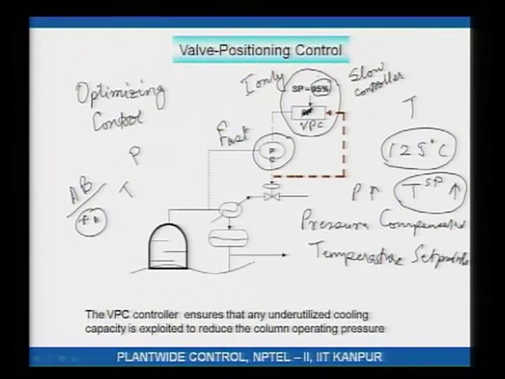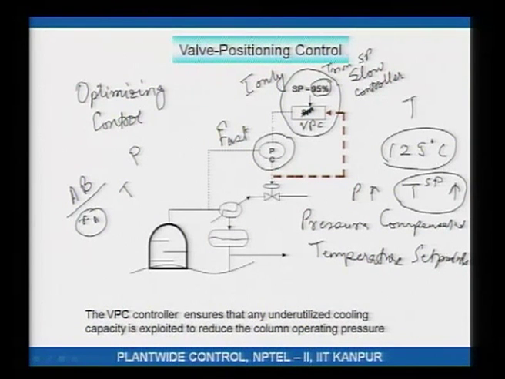I lose pressure control because I cannot increase the cooling duty anymore, because the valve is already 100% open. So, to reject disturbances that cause small pressure surges, this set point cannot be 100%. I will still need some slack, so that should the pressure increase, this pressure controller can still increase the cooling water duty to take care of local disturbances. So, this back off or this trim in the set point will always be there. This will never be 100%, it will be less than 100%. How much less? That depends on the system, that depends on how big the pressure surge is, for example, over here.